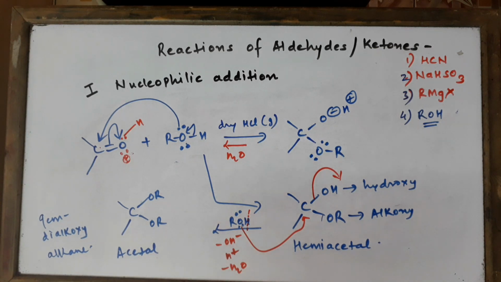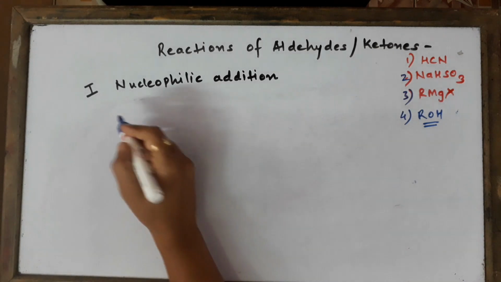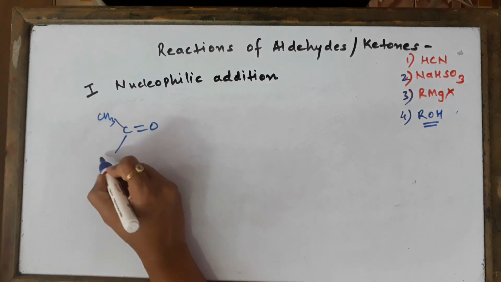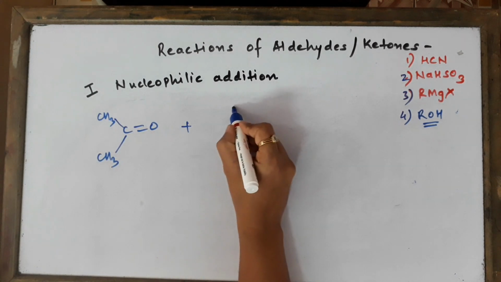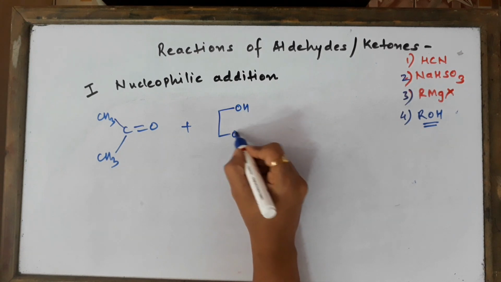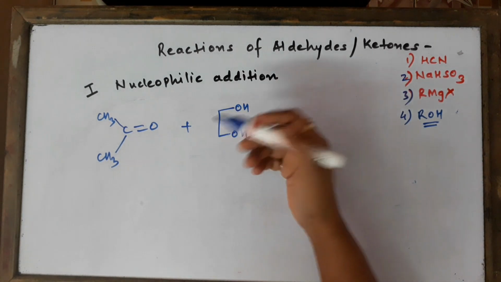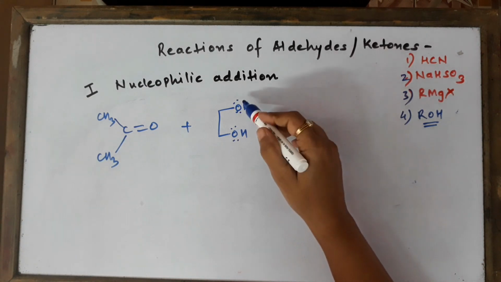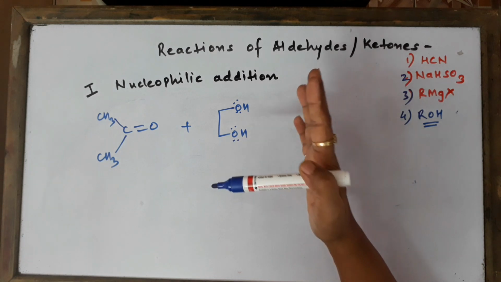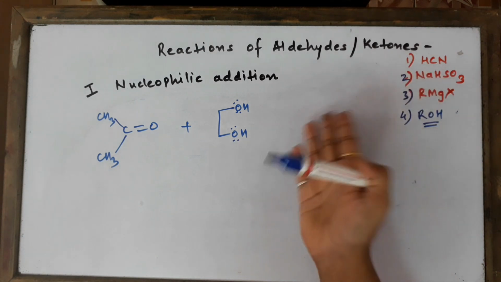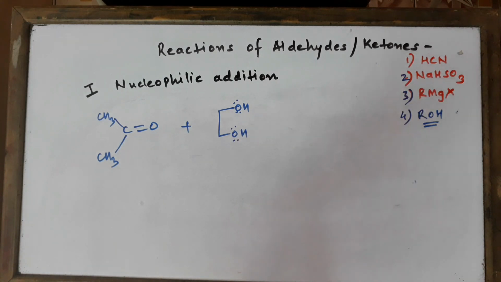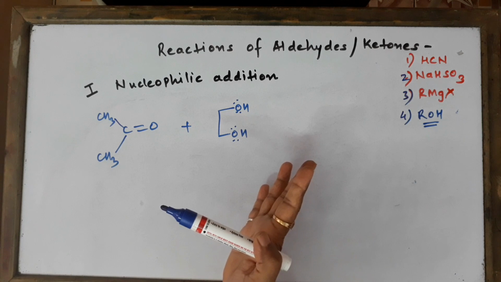Let me show you one important reaction which is there in the textbook, and we must understand that. In the textbook you will see that they have given you a ketone. Suppose I take CH3, C double bond O, CH3, and I react it with ethylene glycol. What is ethylene glycol? You know, it's ethane-1,2-diol. So naturally it's a molecule of alcohol which has 2 OH groups. Here we don't have to use 2 moles of alcohol because the first molecule itself contains 2 OH. So there is no need of using 2 molecules. This molecule is sufficient to cause both the steps.